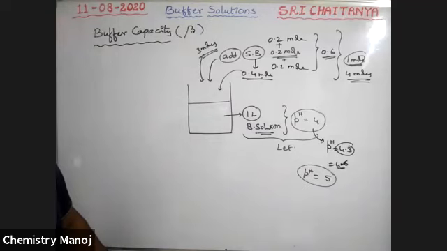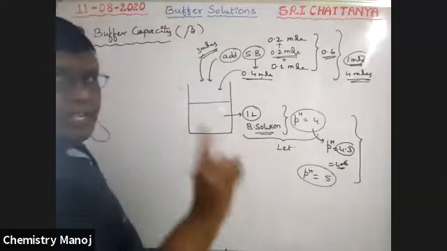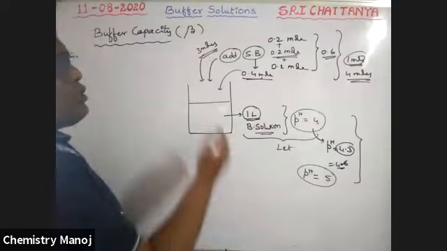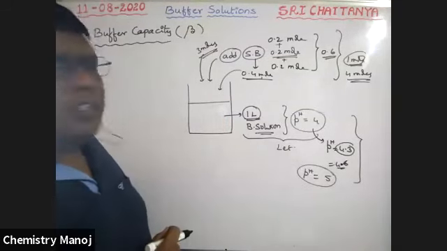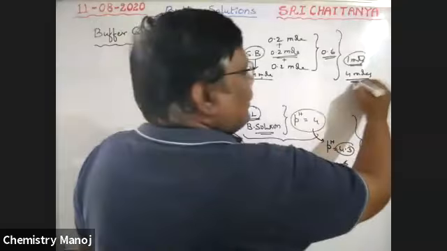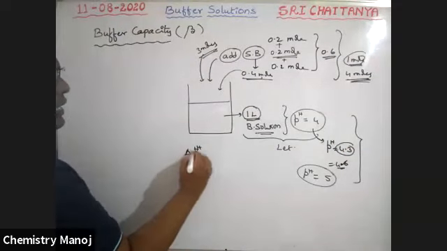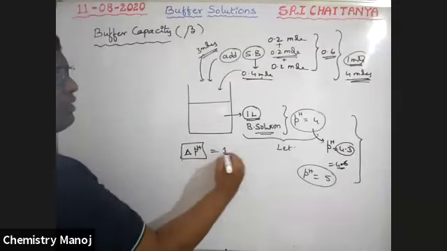Yes, 1. The difference of the pH change is 1 unit. For this increase in pH, for one value increasing, for 1 liter buffer solution, how many total moles of that strong base is added? Yes, 4 moles. That means to change the pH value, let us assume delta pH is equal to 1.